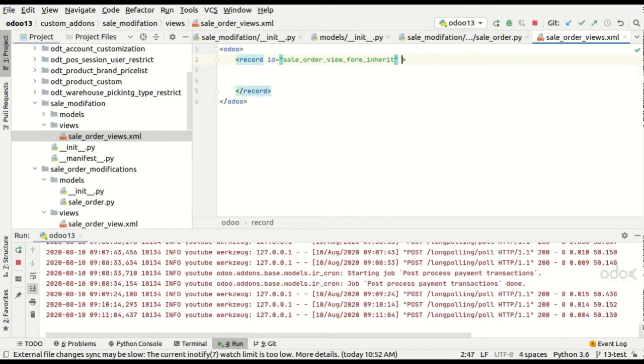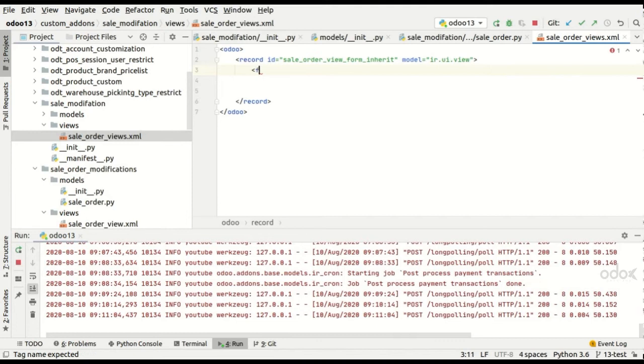Its model will be ir.ui.view. Now the next one is field name equal to name, and I'm going to give this name as sale order inherit.